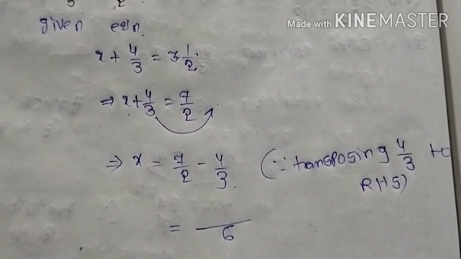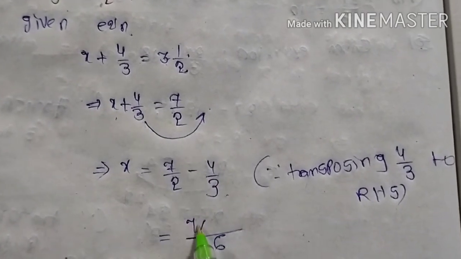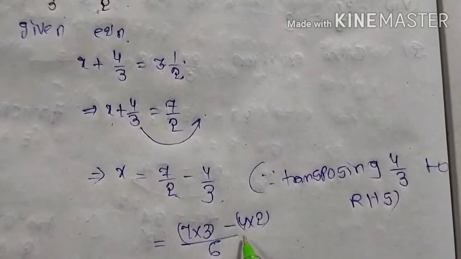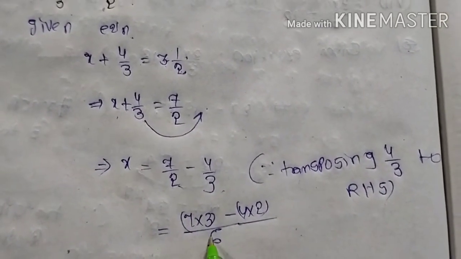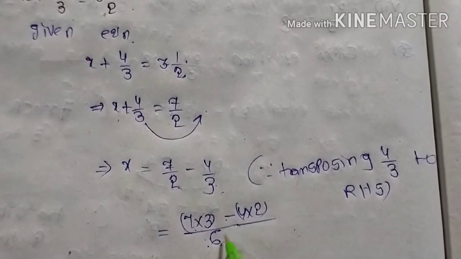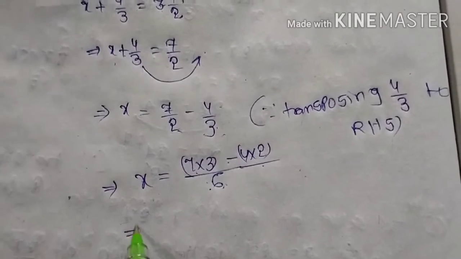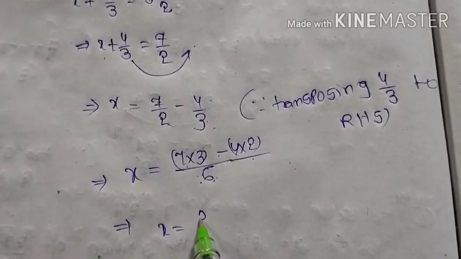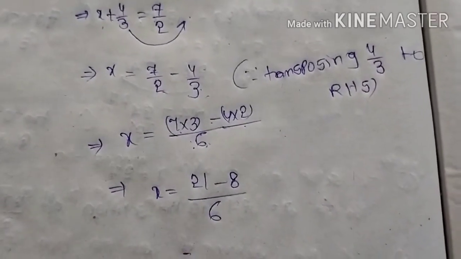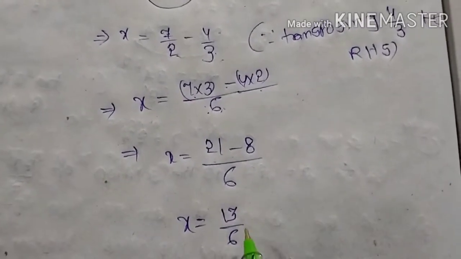Or you can do cross multiplication, which is convenient to you. See here, 7 3 ja, you can write here 7 into 3 minus 4 2 ja. Why? Because see, 2 3 ja almost 6, so that the quotient is 3. 3 7 ja I written, minus 3 2 ja almost 6, the quotient is 2 only, that means 2 4 ja 8. See here, x is equal to 7 3 ja 21, minus 4 2 ja 8 by 6. 21 minus 8 is how much? 21 minus 8 is 13. 13 by 6. X is equal to how much? Your answer 13 by 6.